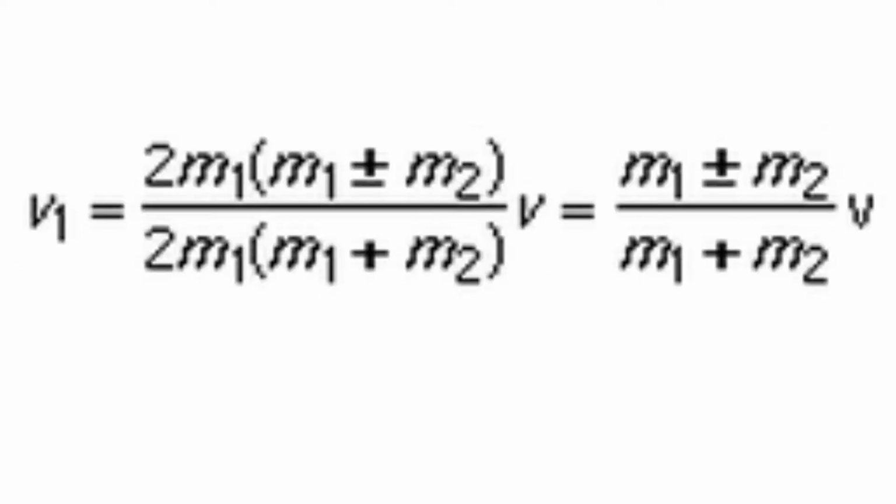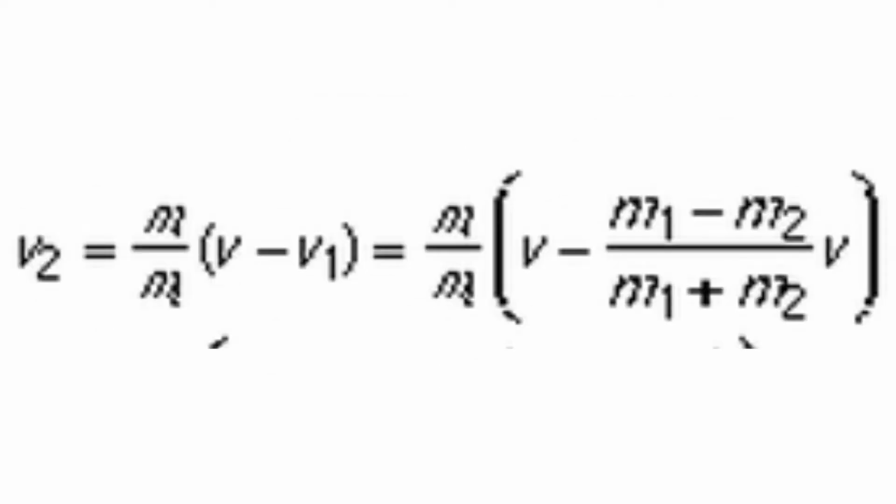With the quadratic formula complete, we can simplify it, which will leave us with v1 equals 2m1 times m1 plus or minus m2 divided by 2m1 times m1 plus m2 times v, which we can shorten down to m1 plus or minus m2 divided by m1 plus m2. From this, there are two different ways we can do this. We can take the positive sign from the top, or we can take the negative sign from the top. By taking the negative sign, it gives us v1 equals m1 minus m2 divided by m1 plus m2, all multiplied